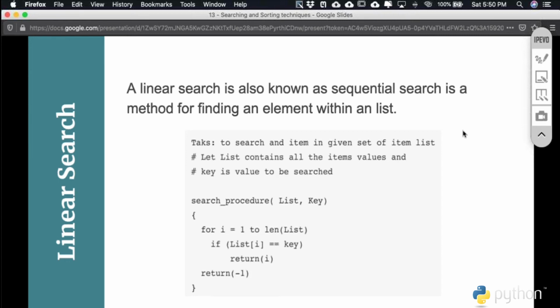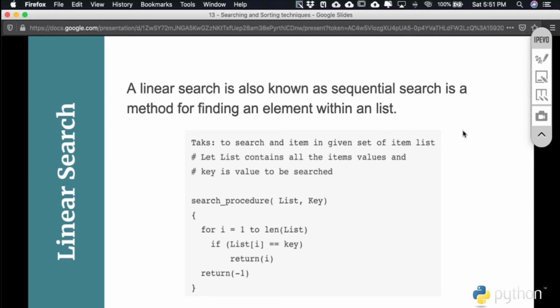If the key is present in the list, we simply return the location, meaning the place at which that item is located in the list. If the item is not present, we return -1, which indicates that the item is not in the list. When we go to find an item in the given data, there are two possibilities: either the item is present in the list or it is not. If the item is present, we can simply return the position of that item.